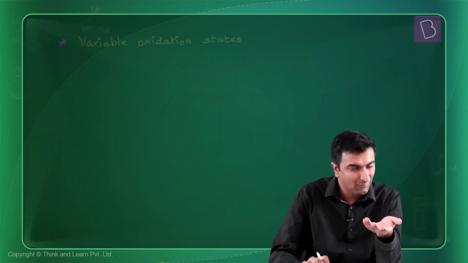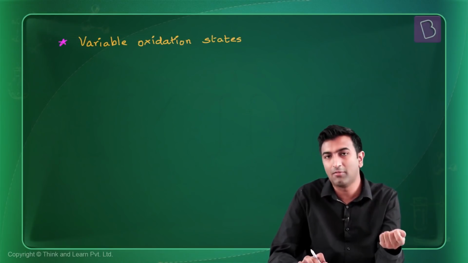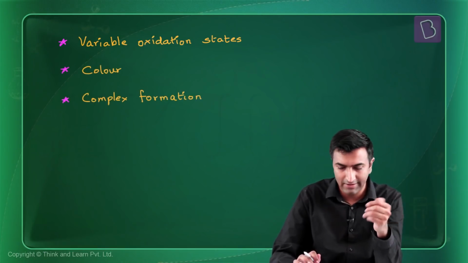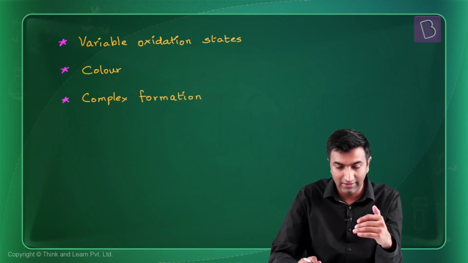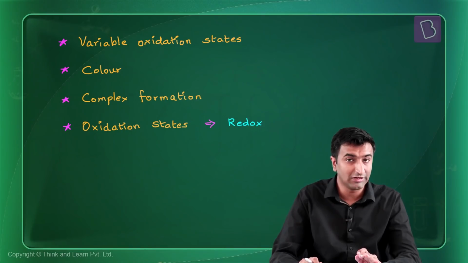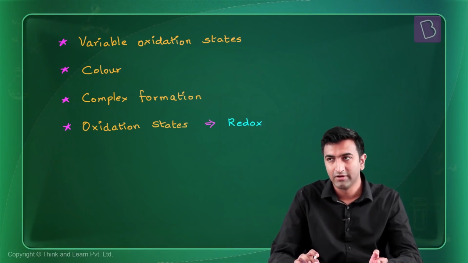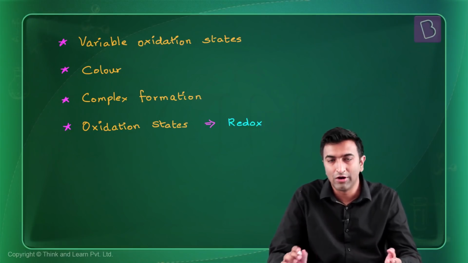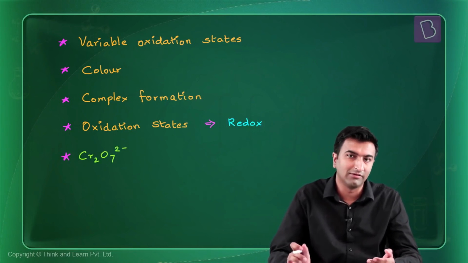D block elements. They have multiple oxidation states, and all the properties are mainly because of the multiple oxidation states, be it color, be it complex formation, and all of that. The main thing in this chapter is the idea of color and the oxidation states. Oxidation states are useful from the redox reaction point of view. You'll see a lot of questions from D block elements. Actually, redox reaction questions, but